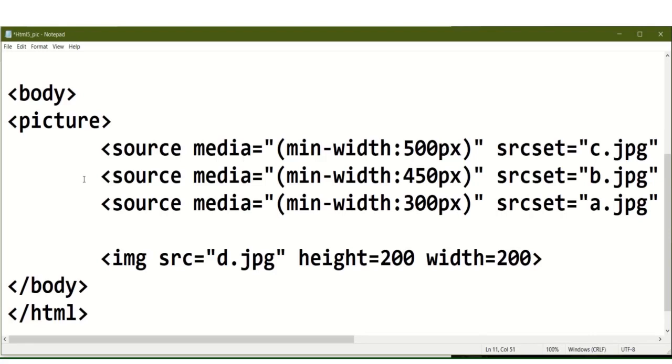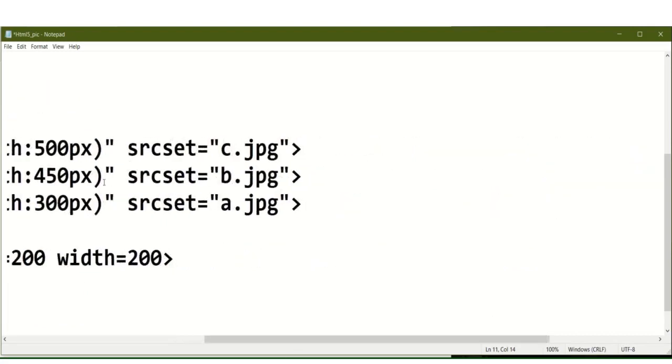Then the second image: same as the first image, a source tag, and then media to specify a minimum width of 450 pixels, and srcset for the image source, using the image name b.jpg.